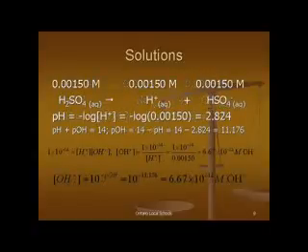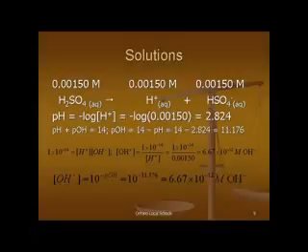Here we have our polyprotic acid H2SO4, but it only ionizes the first hydrogen 100%, so that's what we're going to deal with here. So if we have 0.00150 moles per liter of H2SO4, we'll get 0.00150 moles per liter of H+, and then 0.00150 moles per liter of the hydrogen sulfate ion. Our pH is equal to negative log of the H+ concentration, so the negative log of 0.00150 is 2.824. Notice three significant figures here because of the three significant figures in the molarity of the sulfuric acid. The pOH then is 14 minus the pH, 14 minus 2.824, which gives us a